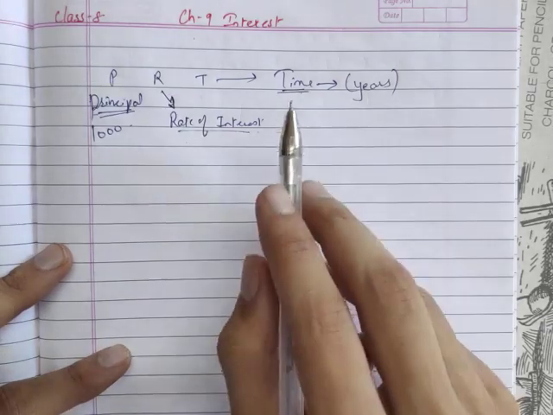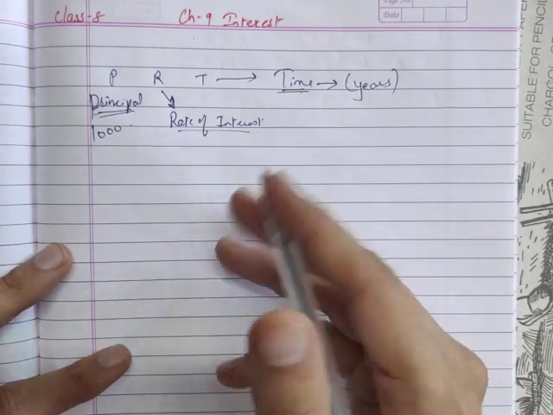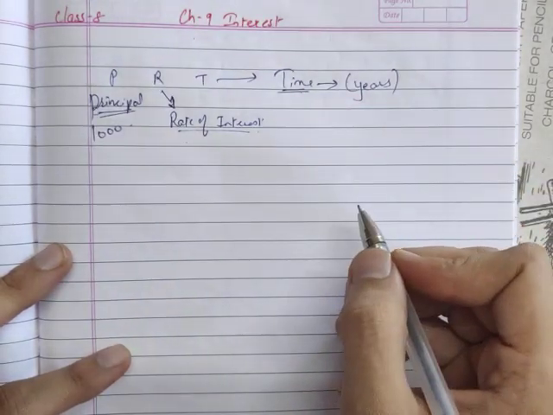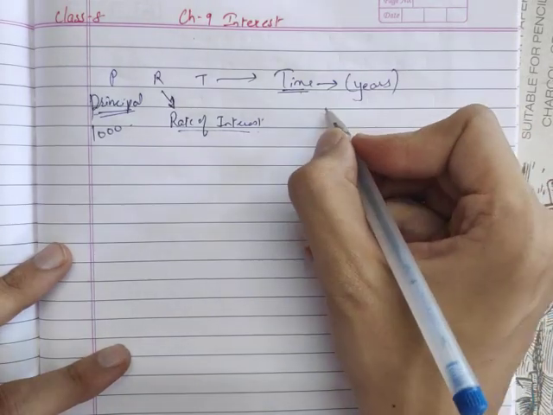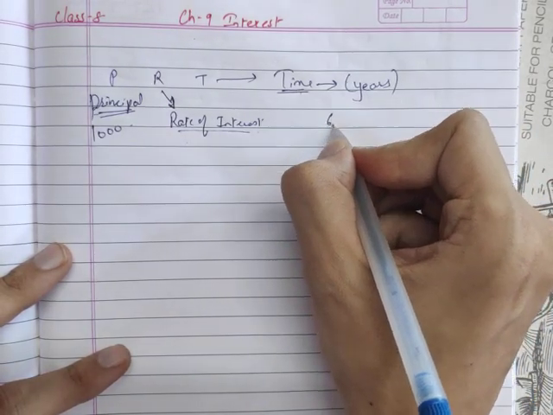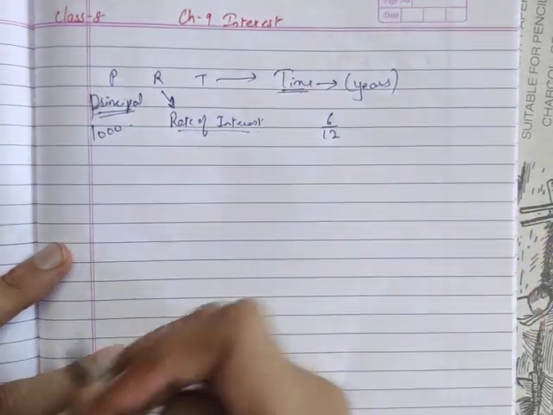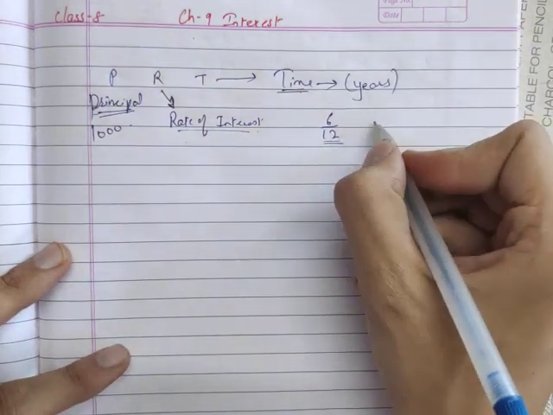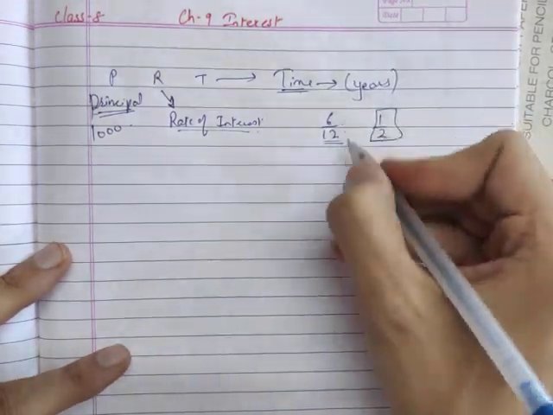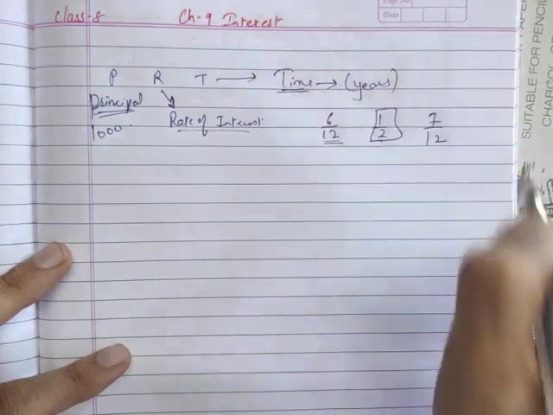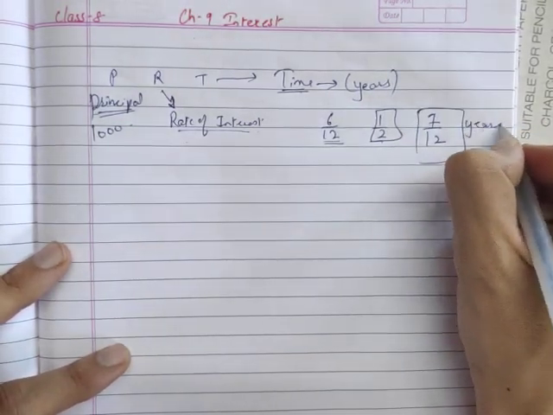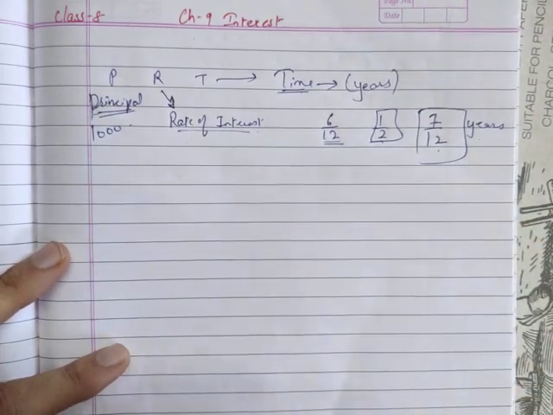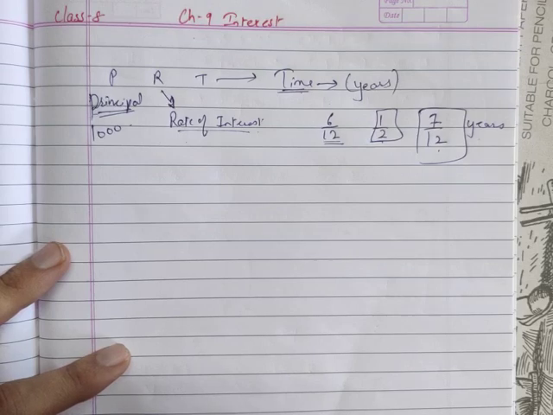So tell me, 6 months is how many years? You'll say, sir, half year. Perfect. But if I tell you 7 months, how will you calculate? How many years? Not clear, right? So for example, to convert 6 months to years, I'll divide it by 12 because there are totally 12 months in a year. Correct? So 6 months, 6 upon 12, that means half, 1 upon 2. If I have 7 months, that becomes 7 upon 12. I'll keep it as it is, this much number of years. 7 months is 7 upon 12 years. Okay?